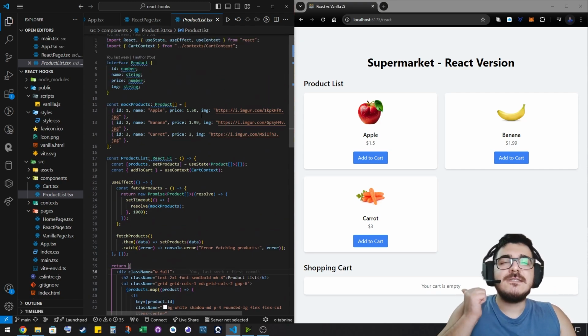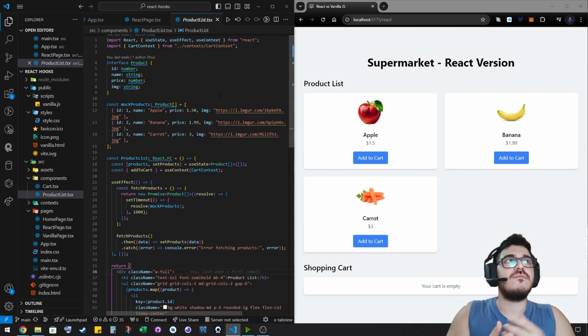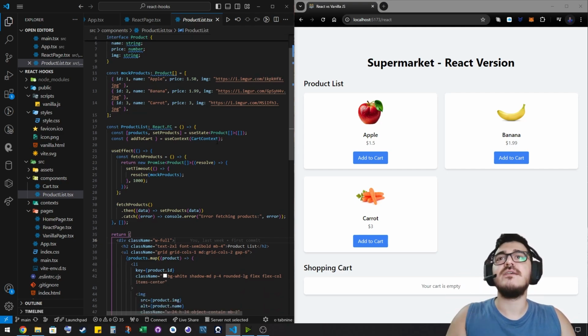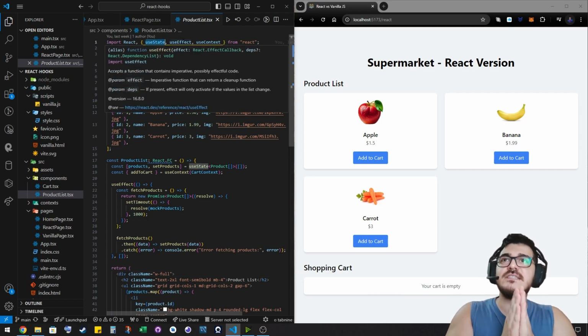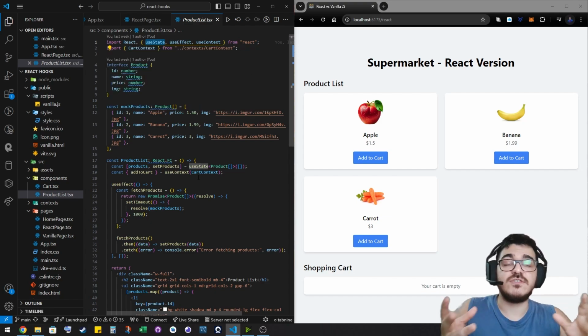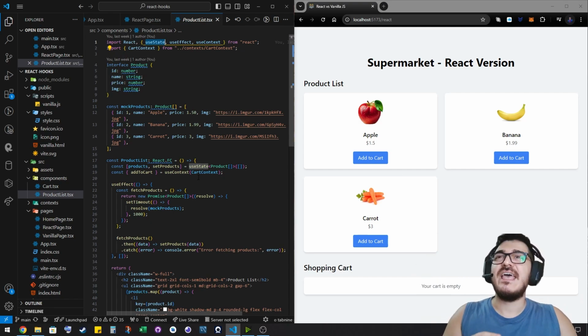I know it's a little hard to understand, but when you try to work with React, you're going to understand very easily. It's not that hard. But right now I'm using some React hooks, and let me explain the hooks that I'm using. In JavaScript, I'm so sorry, Java is another language. JavaScript, you have, let me show you guys